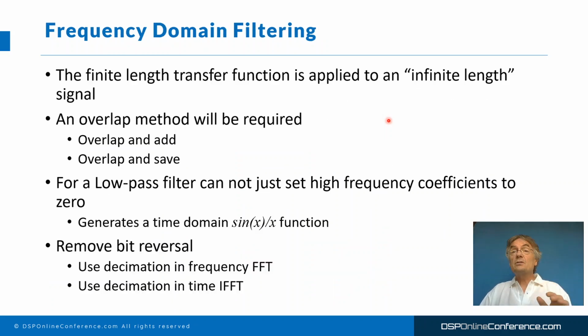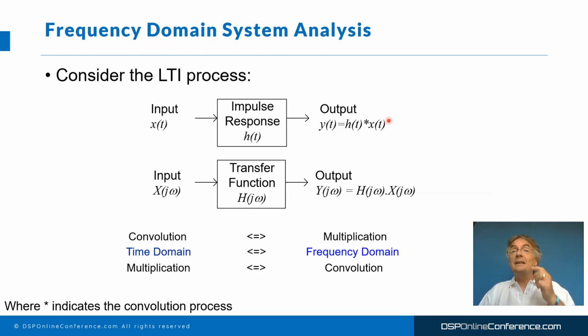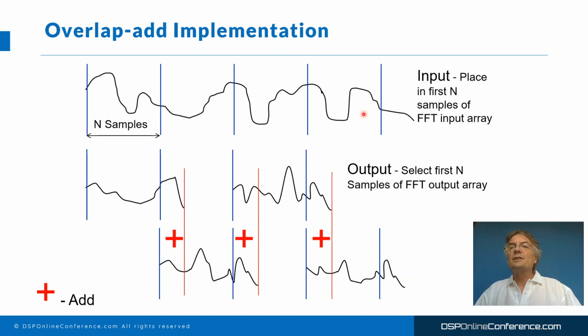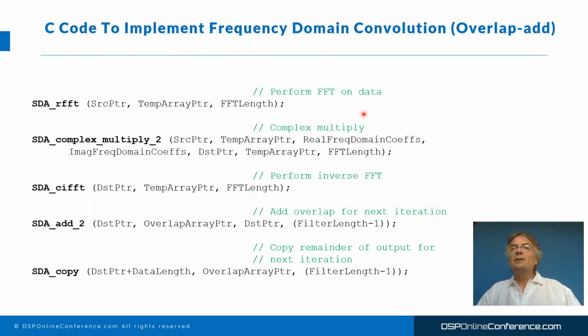And the results, not surprisingly, are exactly the same if we go via the direct path or the indirect path. The only difference is the extra latency of the fast Fourier transform based approach. Okay, so if you want to have a look at the code,